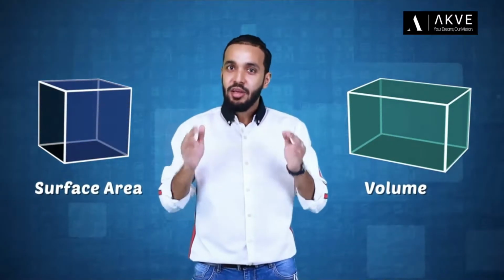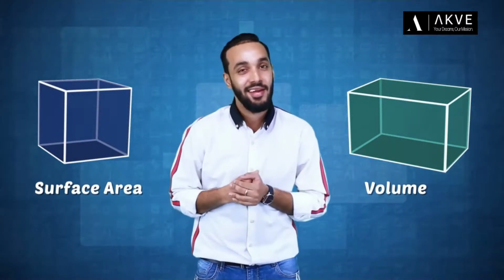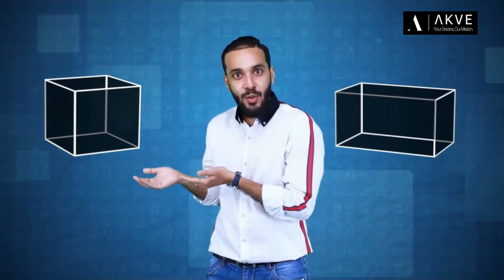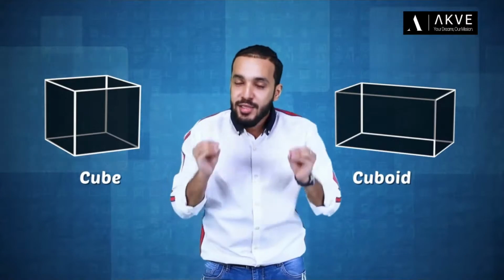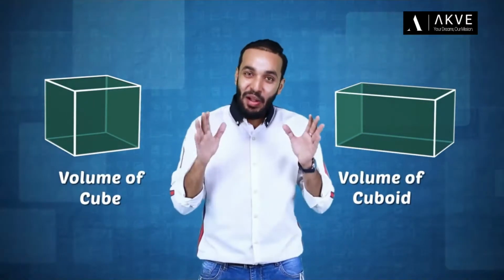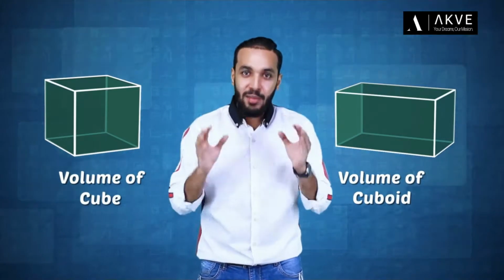This chapter on surface area and volume really fuels our imagination, doesn't it? In one of the previous videos, we imagined a square and a rectangle being extended perpendicularly along the third dimension to form a cube and a cuboid. It taught us so much about the volume of these 3D shapes, didn't it? All this was possible only because of the power of imagination.